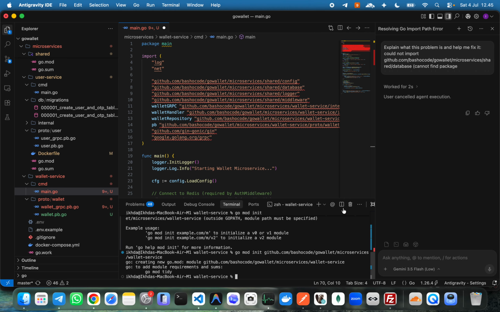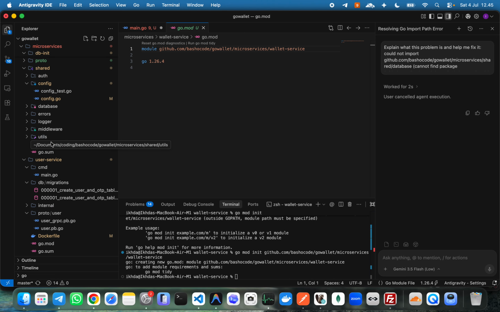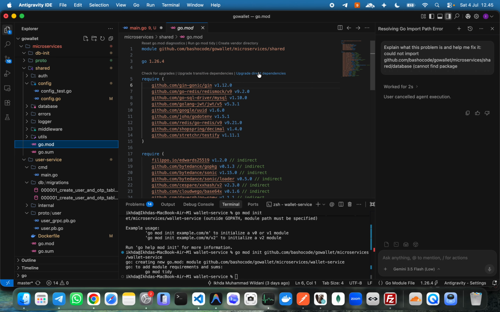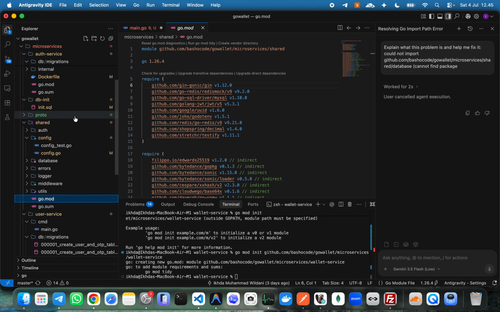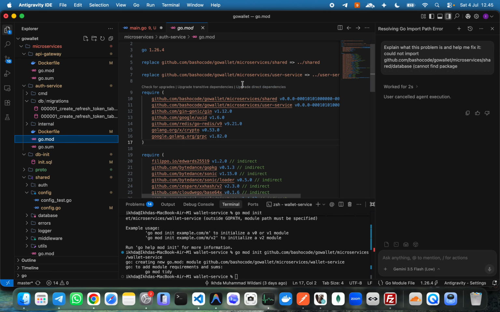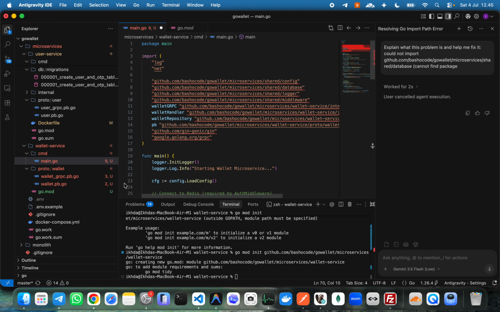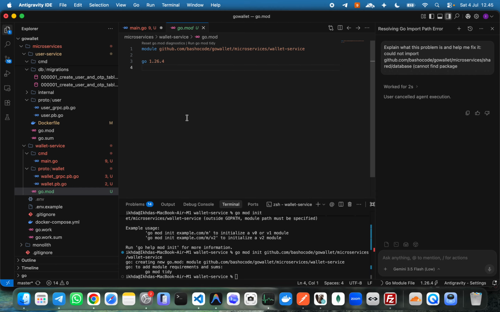It should be like this, yeah. Go mod wallet service. If we check on the go mod in here, I think I need to check the auth service go mod. Yeah, and then I copy this one inside the go mod here, and go mod tidy,